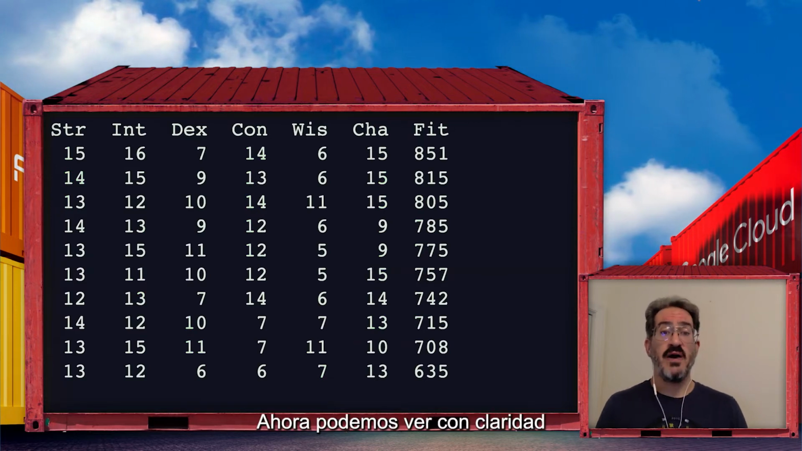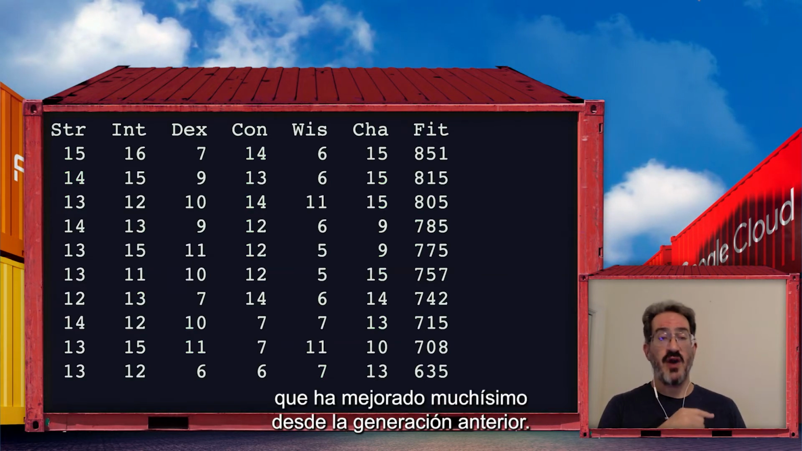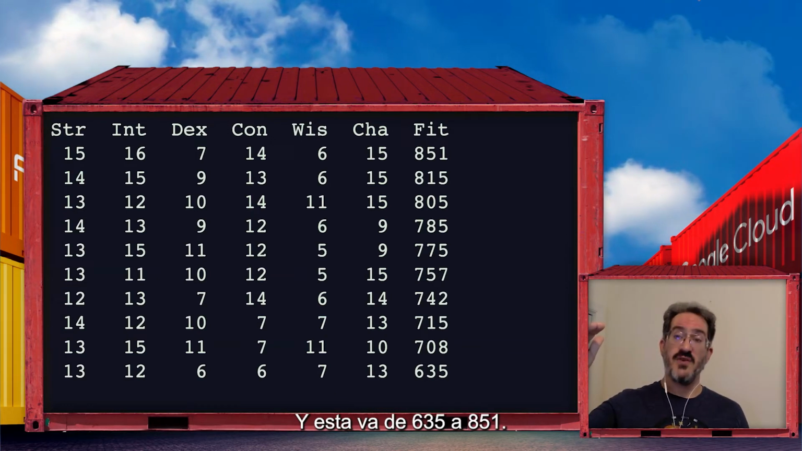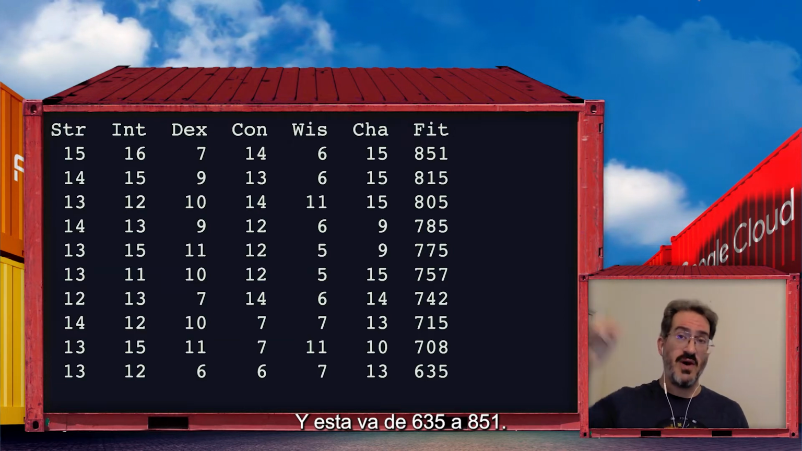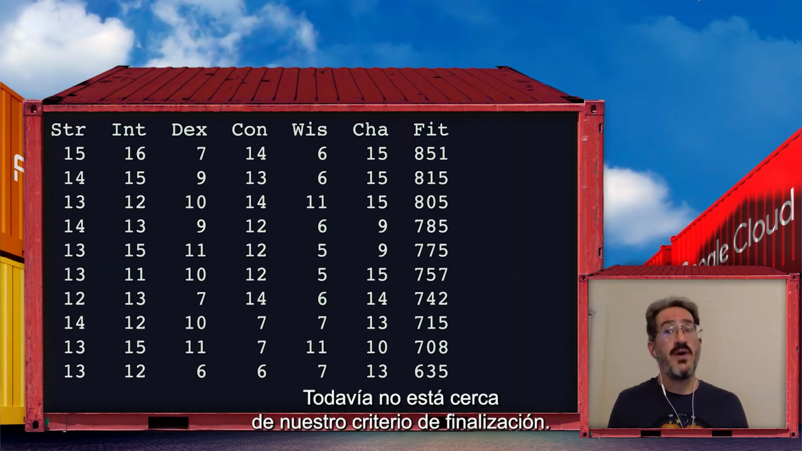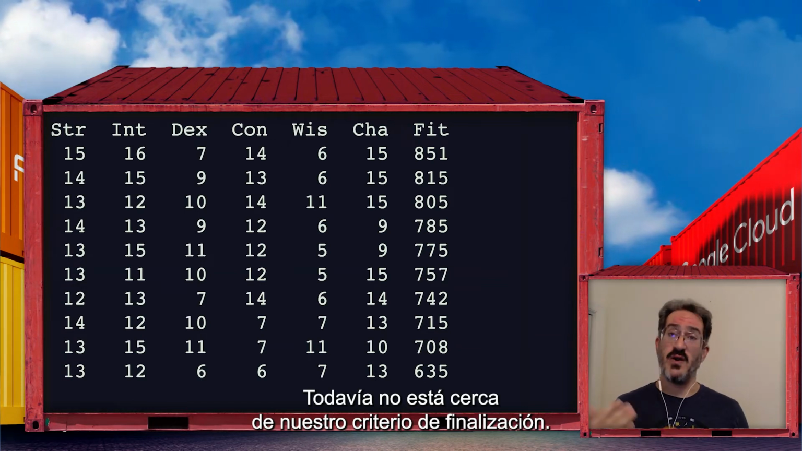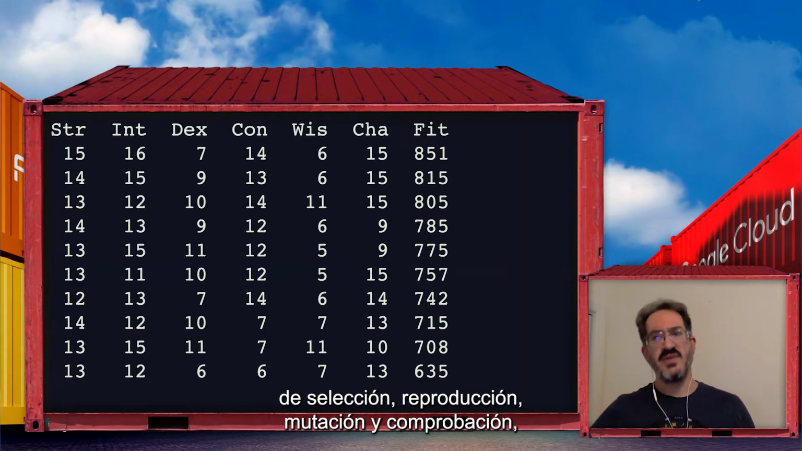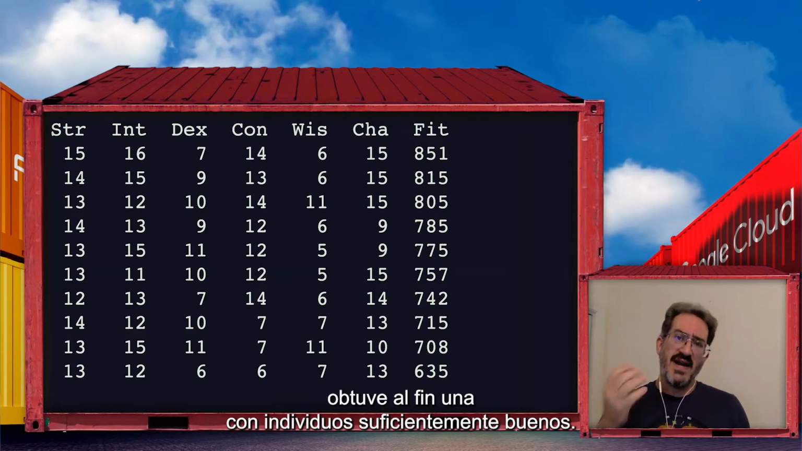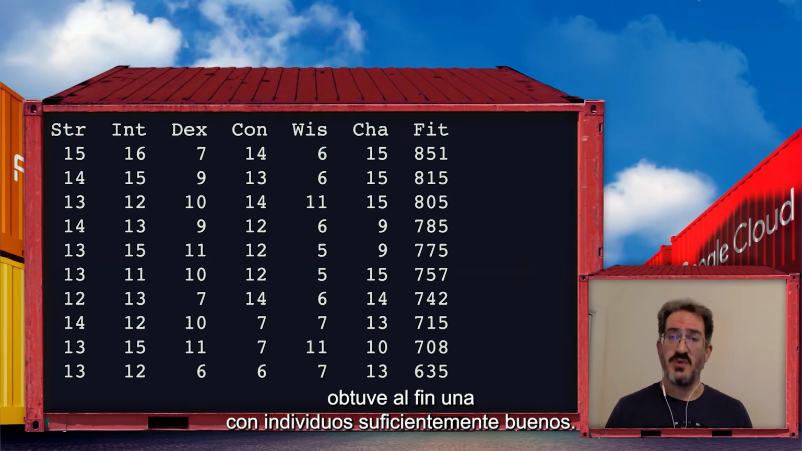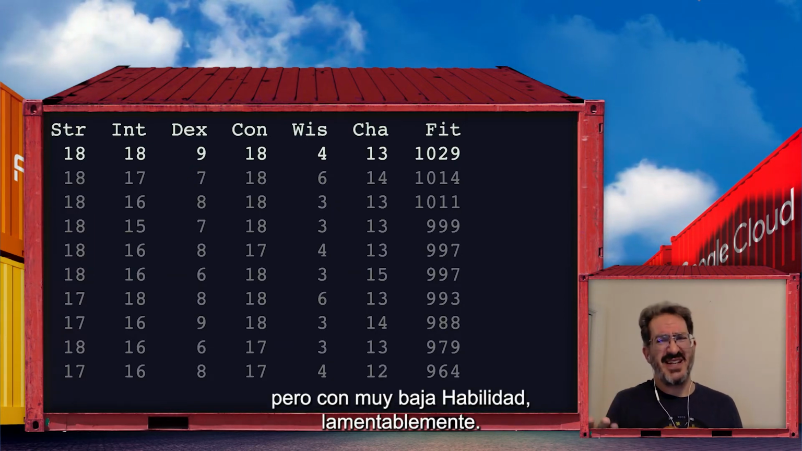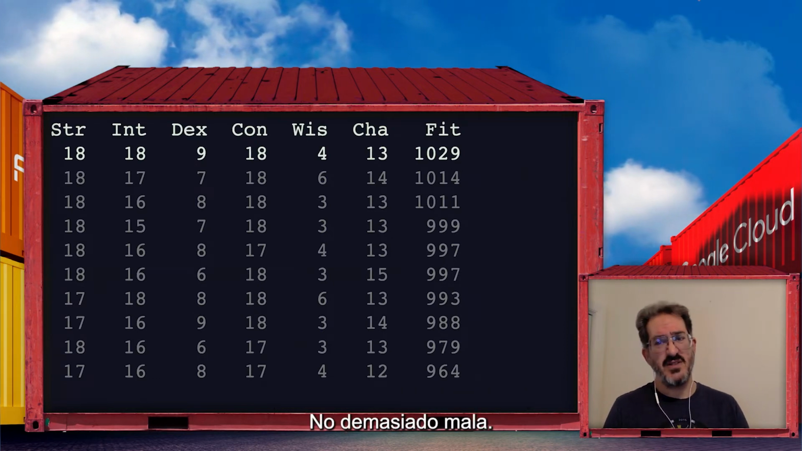And now we can see for sure that this is much improved from the prior generation. The old one ranged from 476 to 760, and this one ranges from 635 to 851. It's still nowhere near our stopping criterion of 1021, though. So fast forwarding through 6 more rounds of selection, breeding, mutation, and assessment, we finally get one with good enough individuals, like so, with one suitable character having 18 strength and constitution, but unfortunately subpar dexterity, though not too horrible,